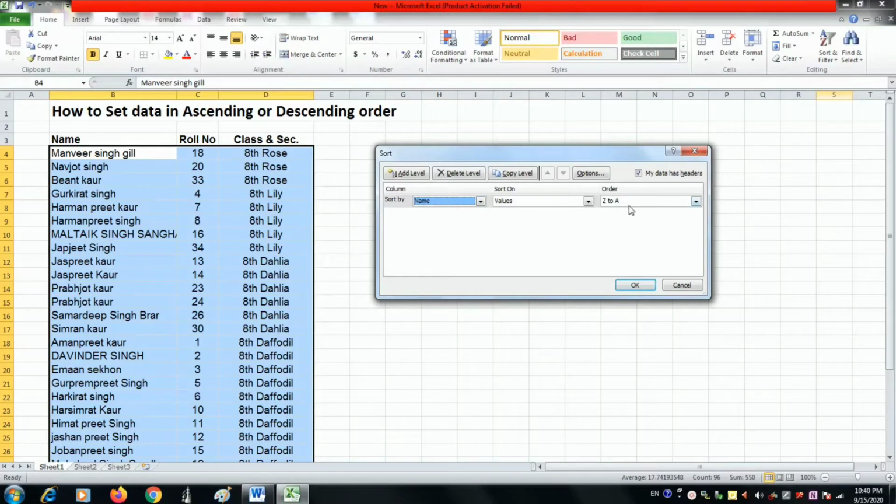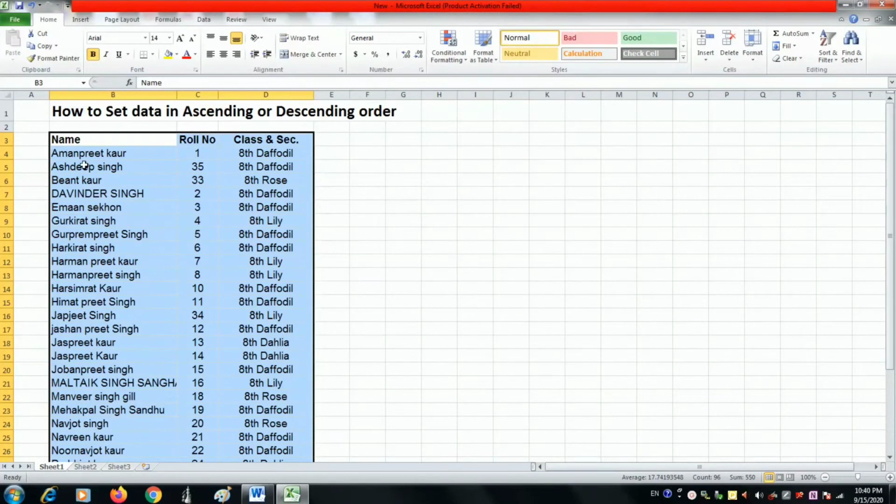So as we will choose name here, so we will click A to Z or Z to A. I want now A to Z, means ascending order में चाहिए. Okay, so see Amanpreet Kaur, Ashdeep Singh, Beyant Kaur, so different names are there. Classes they have mixed because we want the list according to alphabetically order in ascending order. So this is the way how we can set our unorganized data in spreadsheet properly.